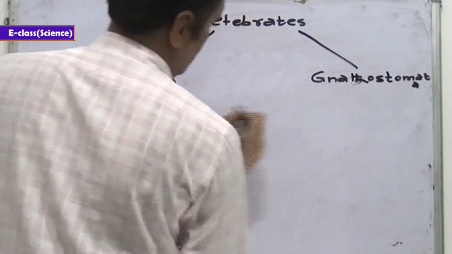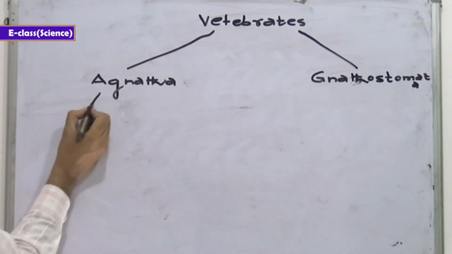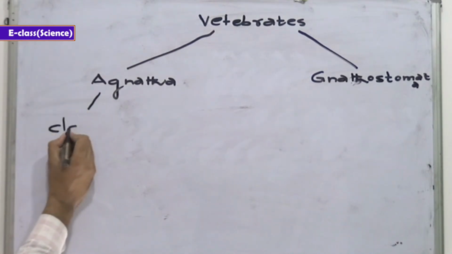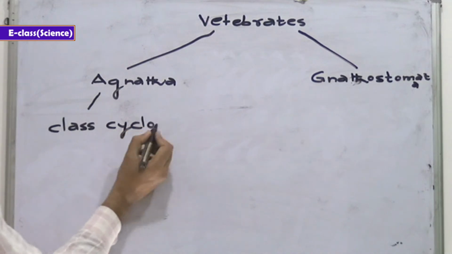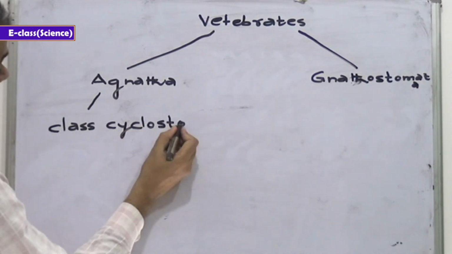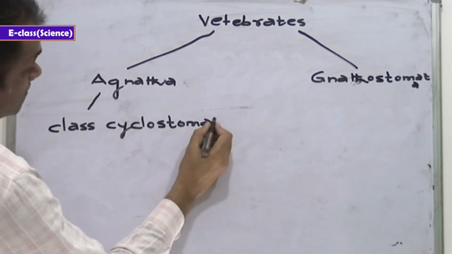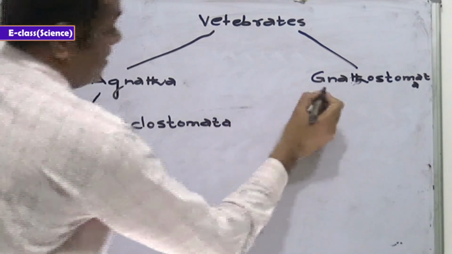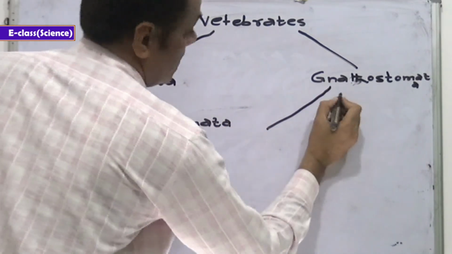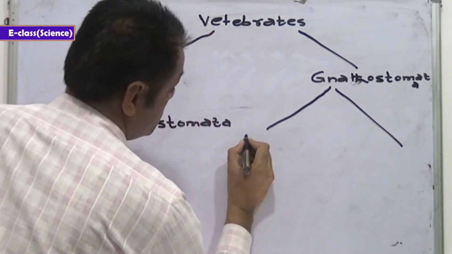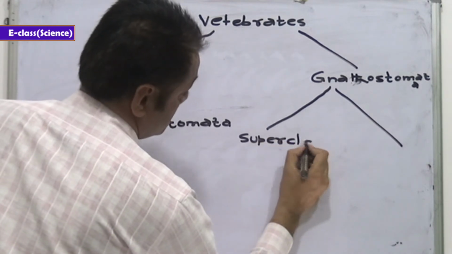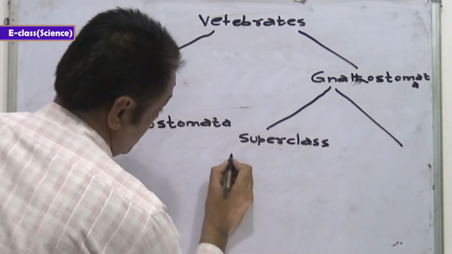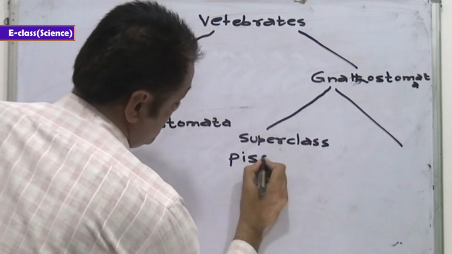In this, the class is Cyclostomata, and it has two superclasses. One is Pisces,